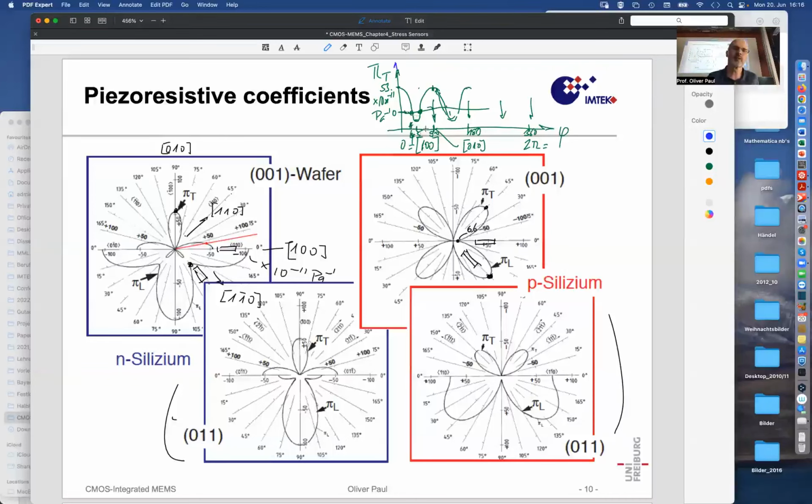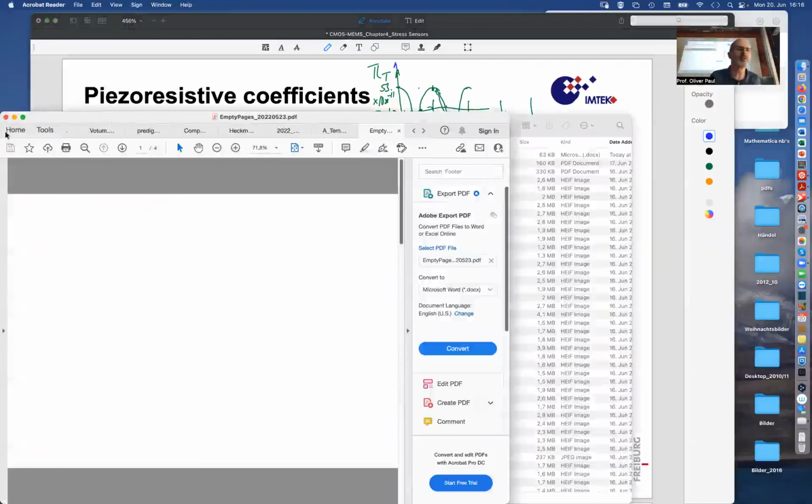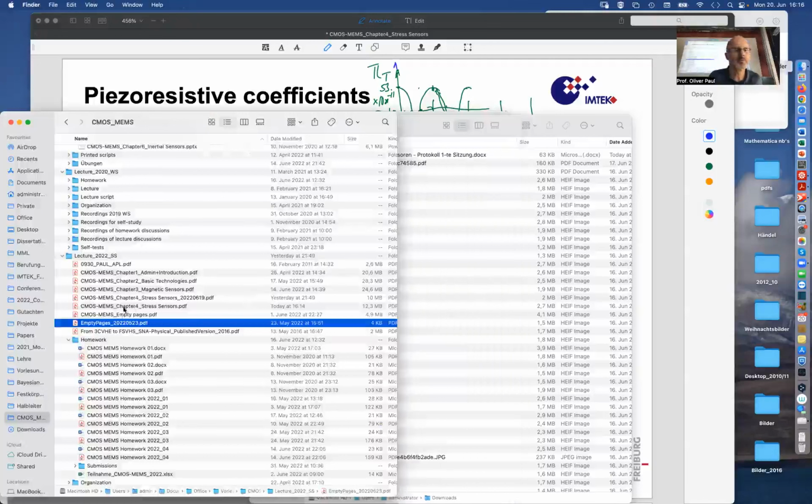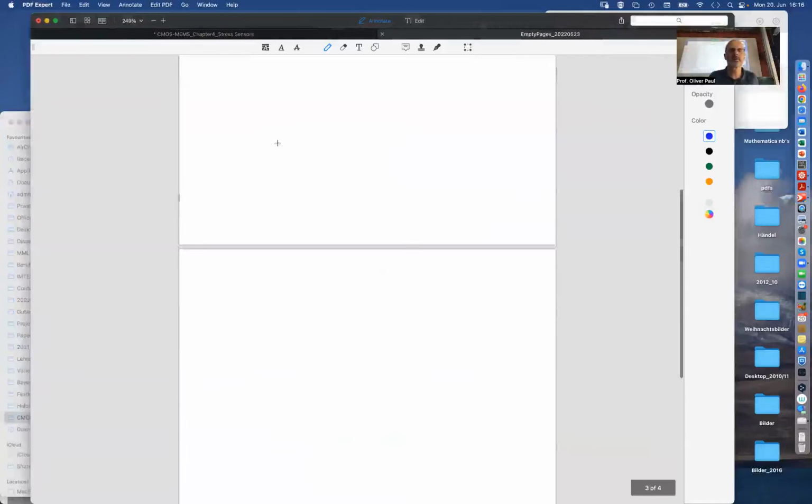So if I now have a second, I'll open some empty pages, I think, here. Should have empty pages still available, not in this program. Cancel. So, yeah, that's